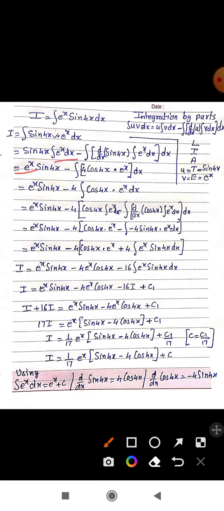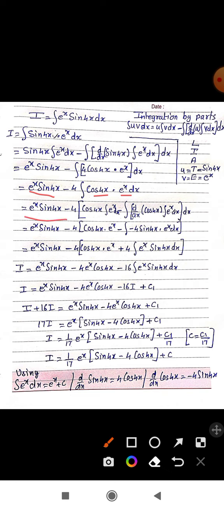Integration of e raised to x is e raised to x, derivative of sin 4x is 4 cos 4x and integration of e raised to x is e raised to x. Now e raised to x sin 4x minus 4 common, we will get integration cos 4x and e raised to x dx. Again use integration by parts to cos 4x into e raised to x dx,